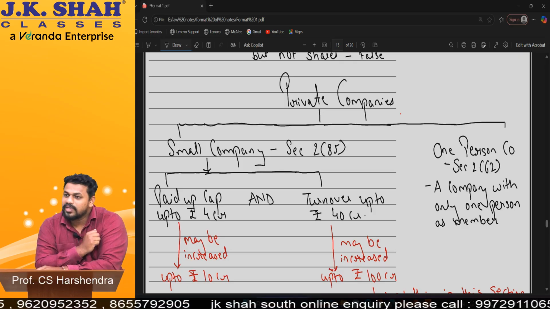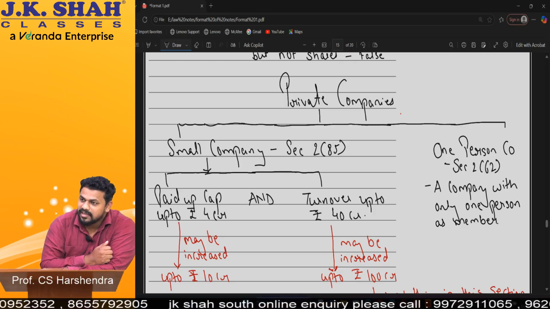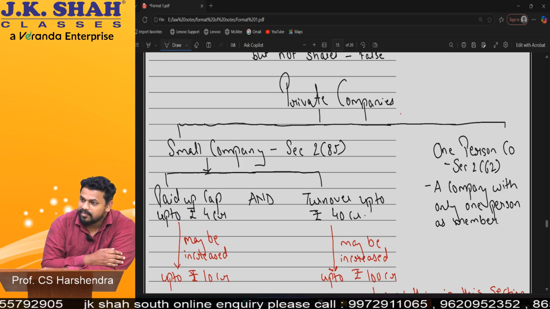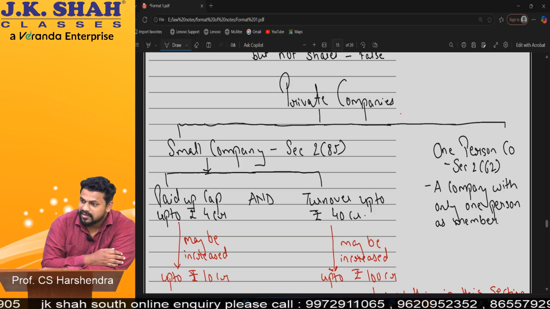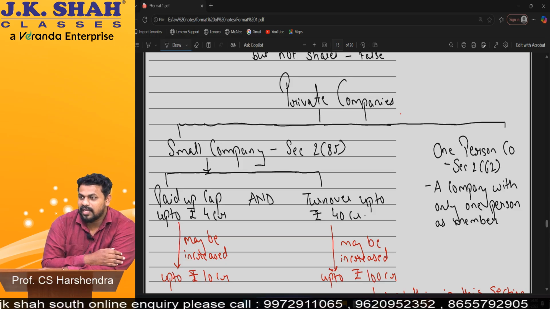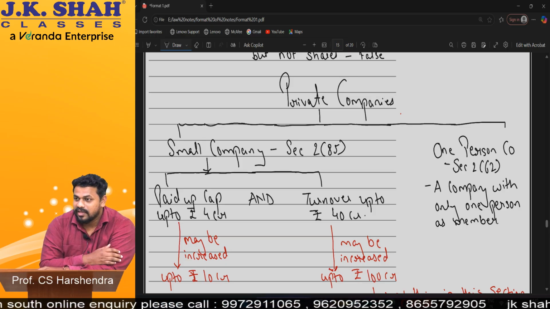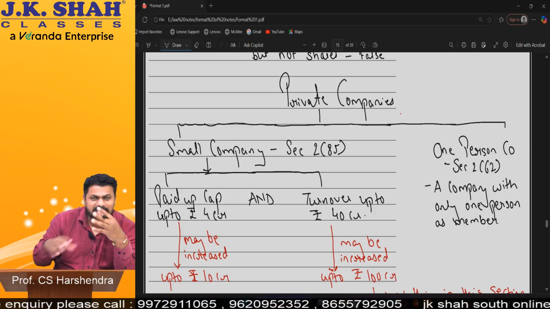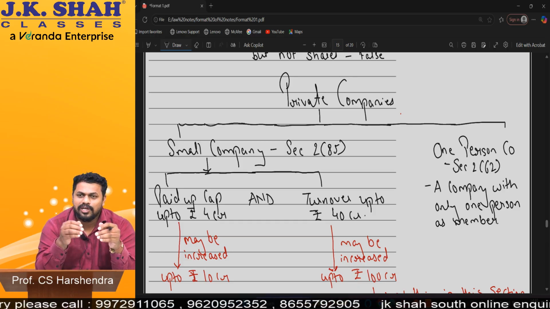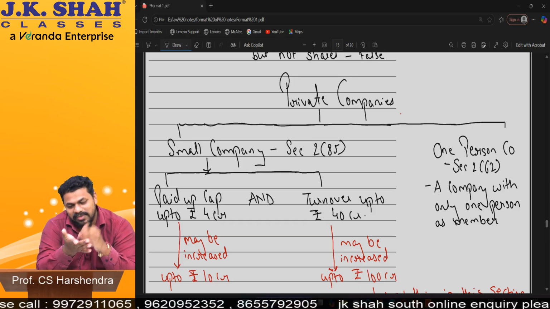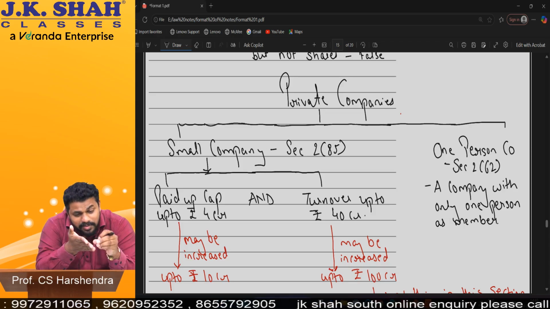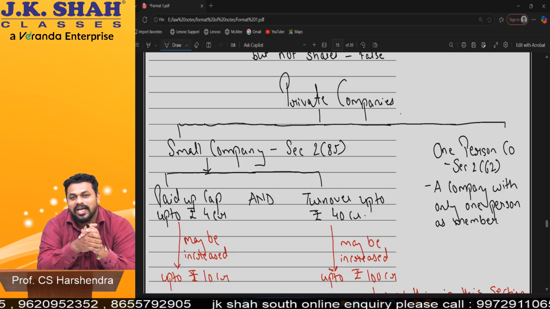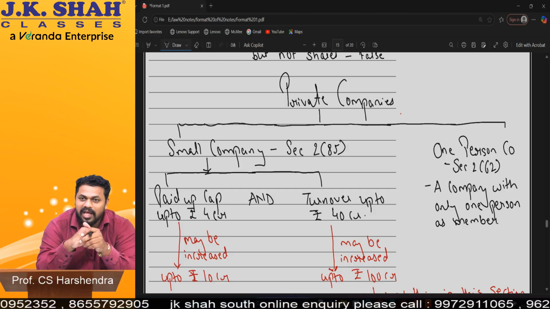Online people, you tell me what is the maximum number of directors? Maximum number of directors. See, the answer is blank. That is what I say. In your 11th standard and 12th standard, I think joint stock company was there. So everyone studied, it is written there, minimum number of directors. Maximum is not there. You didn't ask your faculties what is the maximum number of directors. Answer is 15.